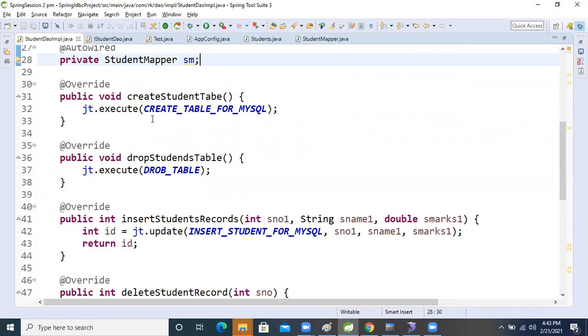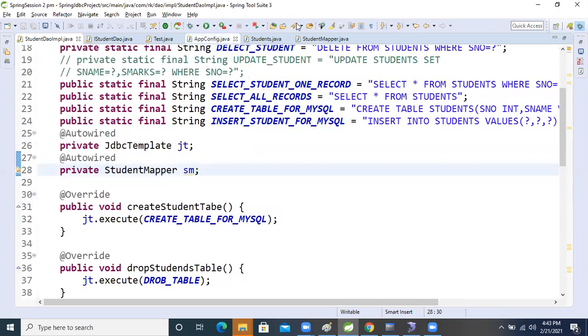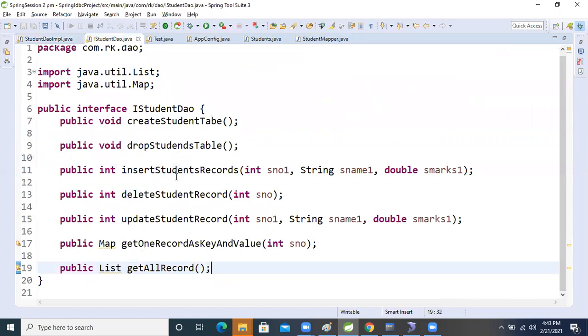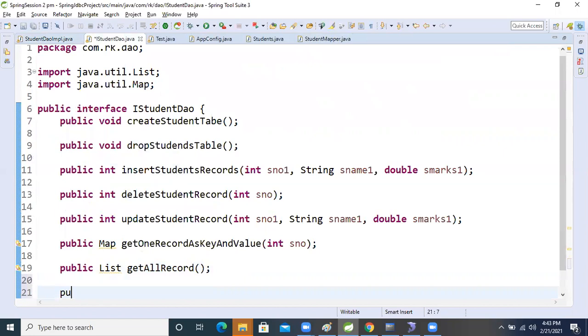So let's write the query. Let's write the first method. Where will we write the method? In the student DAO. Just write public, and it will return only one record from the student.